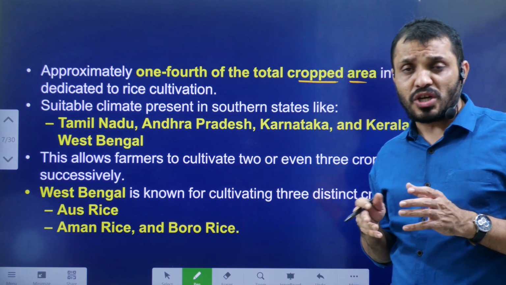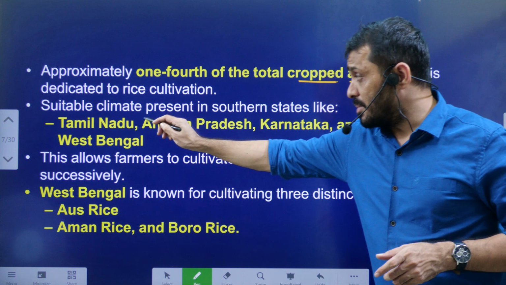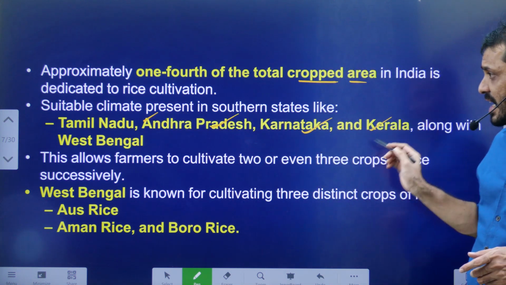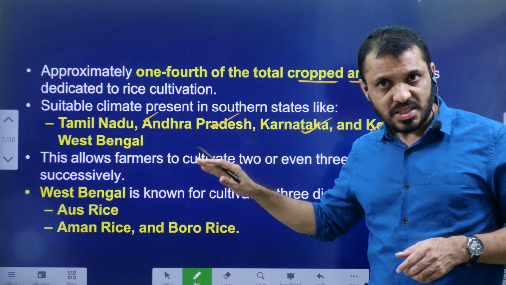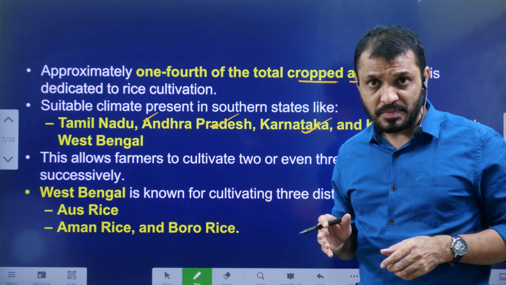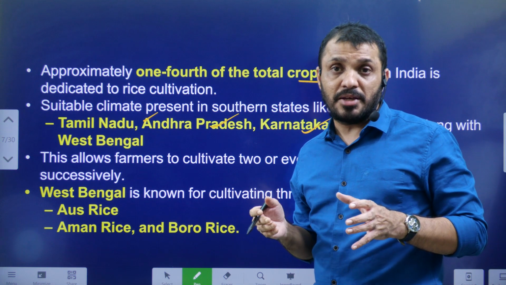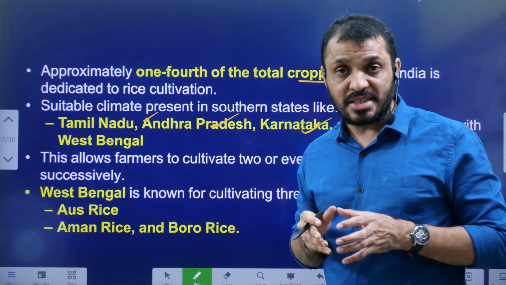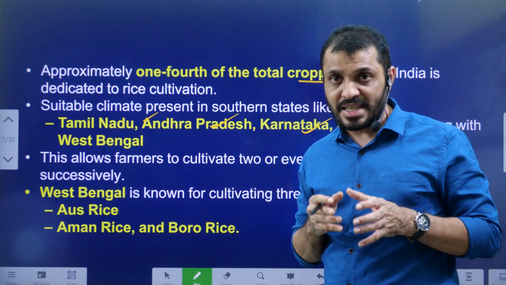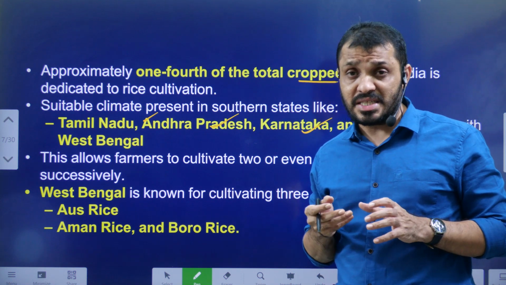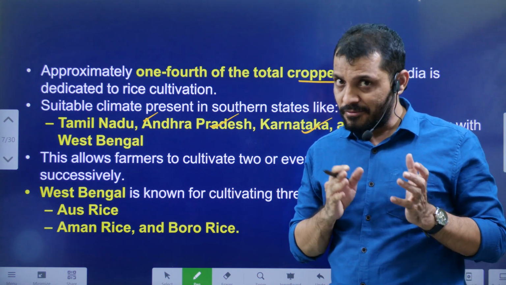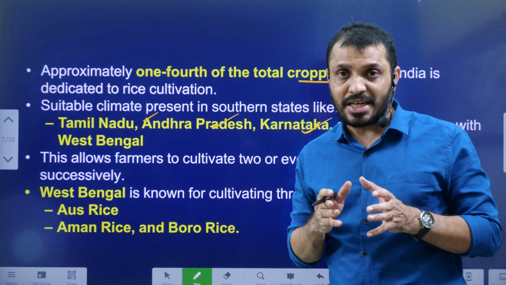There are some states which are majorly cultivating rice: Tamil Nadu, Andhra Pradesh, Karnataka, Kerala, and West Bengal. So that means majorly South India. In North India, especially the eastern part of India, such as West Bengal, they cultivate rice a lot. In the rest of the states, they are more favorable towards wheat cultivation because of the winter condition and